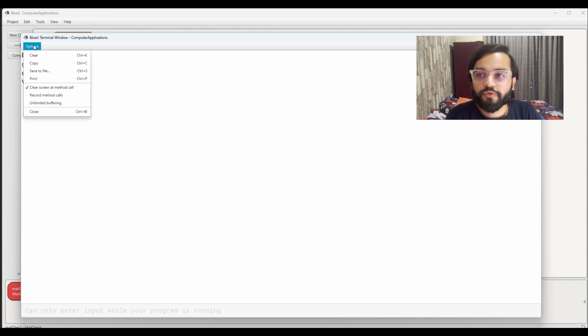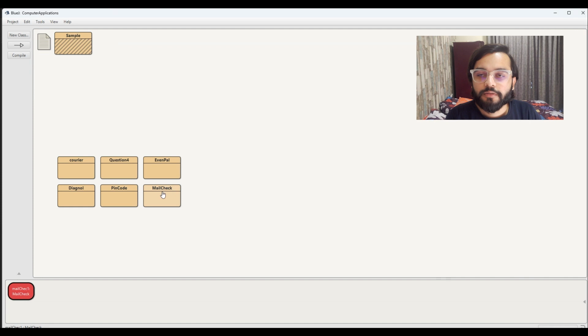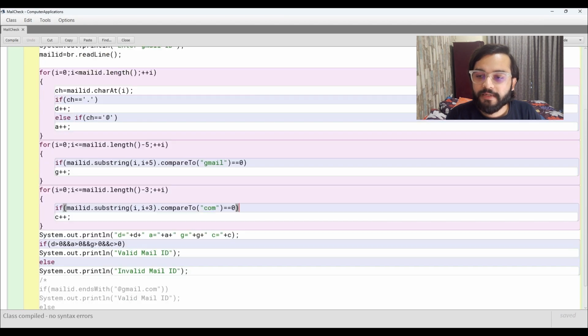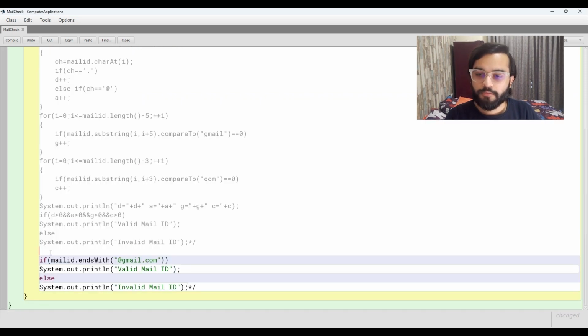So we need to use our endsWith method. So I will neglect this portion and enable this endsWith method. If our string ends with @gmail.com, then it is our valid mail ID, and if not, then it is an invalid email ID.